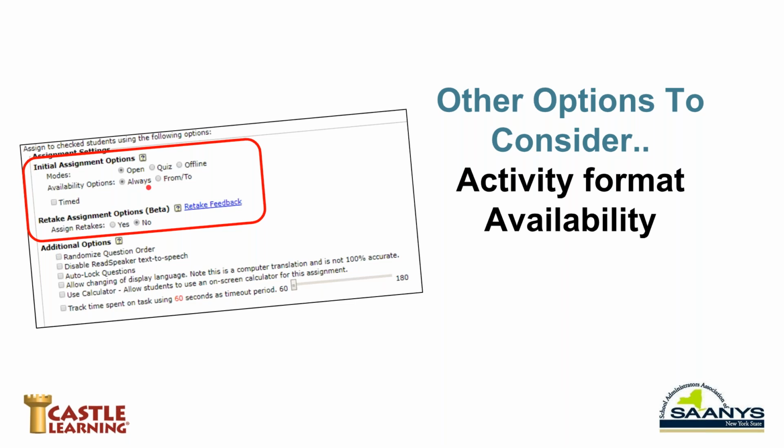The second part of this is availability. If we wanted that in a home instruction situation to be worked on within a certain time frame, we can use a from-to scenario. When is it going to open? When is it going to close? And is it going to be possibly a timed activity? So the minute it starts, there's a timetable that starts running and the student needs to finish within that block of time. And by the way, if they leave the session, close the browser, go to another room, the timer is still running.